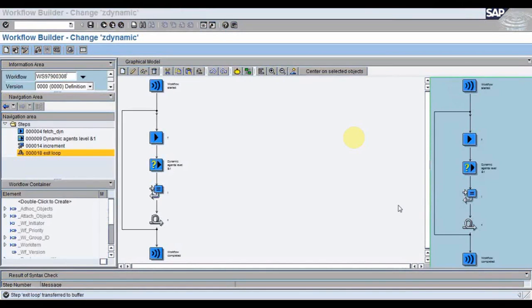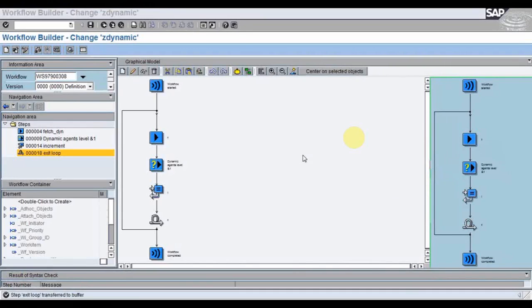Yes, Ramana? Is there any wrapper class, because until now you said we are using function modules, like SWU workflow and start workflow and all, to trigger events? To trigger the workflow, yeah. About these function modules and classes I will be discussing in the troubleshooting section. Once I go through the troubleshooting and debugging section, I will show you what all function modules are available with the help of which you can actually interact with this workflow.